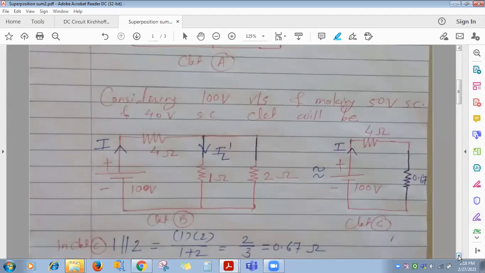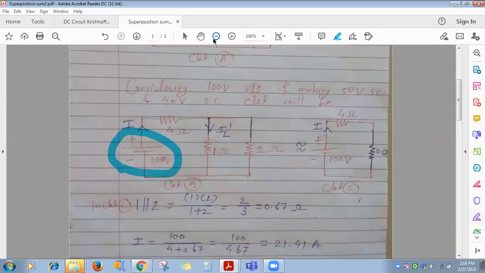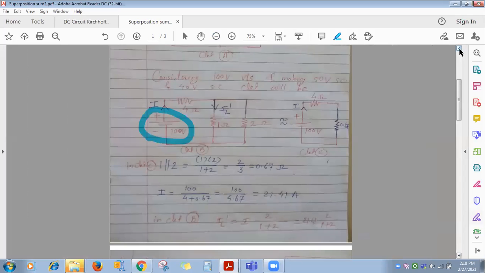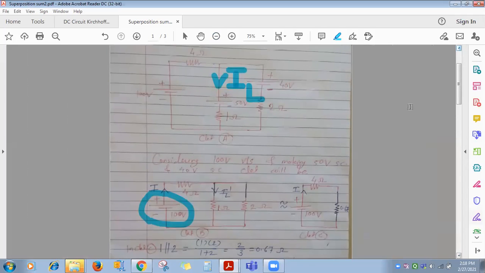Next is this, consider which one? 100 volt, and the rest of the sources you have to make short, right? The rest of the sources you will be making short. So how will the circuit be? See,